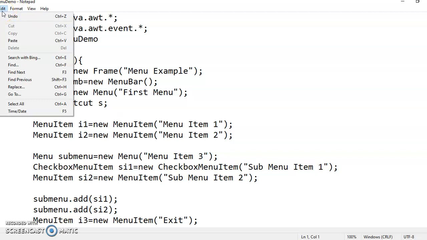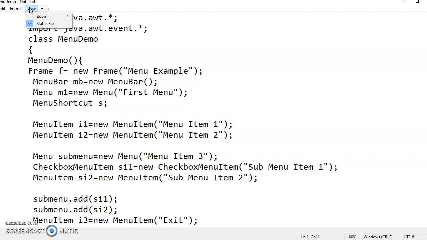Now you can see a small fine line between different menu items, creating different sections. You can see this gray line. This is nothing but a separator, which is used to create sections within a menu. So we'll learn in this program how to create a separator. Also you can see a shortcut key assigned with each menu item. Control Z for undo, Control X for cut. Same way, when we write a program, we can also assign a shortcut key to any of the menu items.